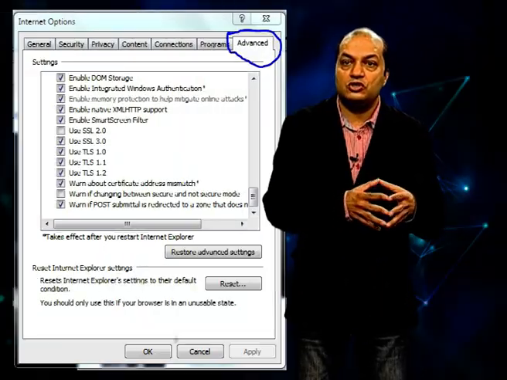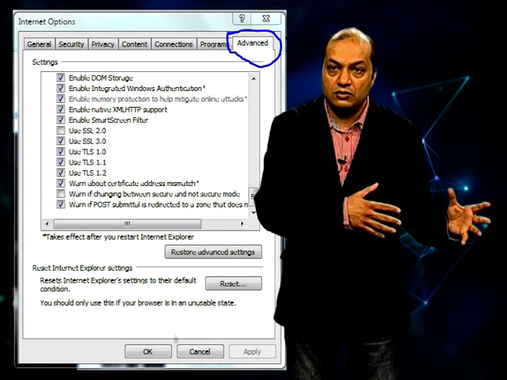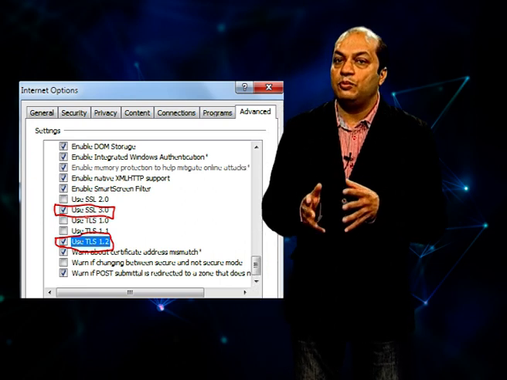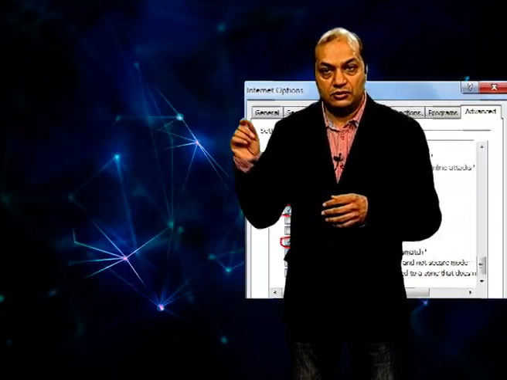So, the user should check the browser's advanced features and which protocol version of TLS or SSL is enabled. If older versions are enabled, then one must uncheck them and check the latest version. For example, TLS 1.2 or SSL 3.0 must be checked.